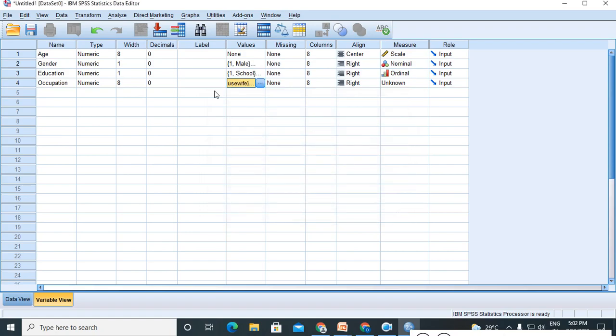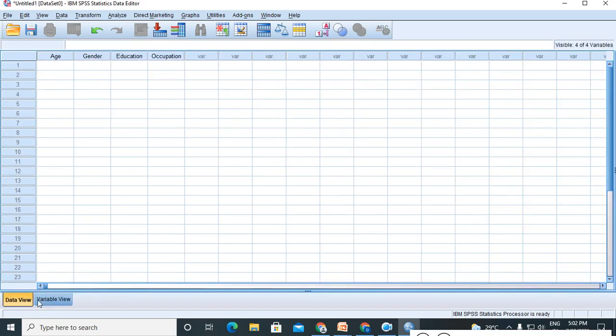Give OK. Here, occupation is nominal scale. So like this, you have to give the explanation for the data you are going to enter.